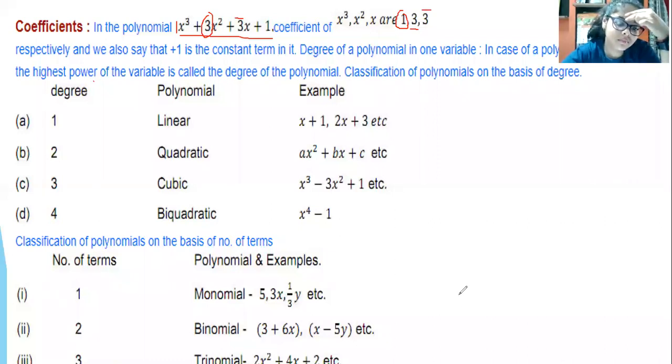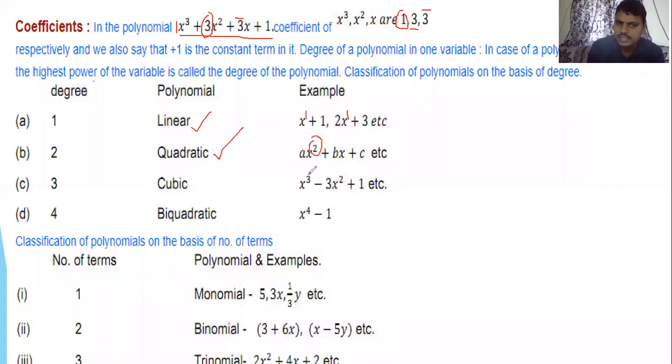Right. Now, we know that degree means power. If degree is 1, it is a linear polynomial. Degree 2, quadratic polynomial. If degree 3, cubic polynomial. If degree is 4, biquadratic polynomial. Here, the number of terms does not matter. 2 terms, 3 terms, 4 terms is not a matter. Degree, the power, is 1, 2, 3. It's based on powers only. Tarun, unmute. Speed up.